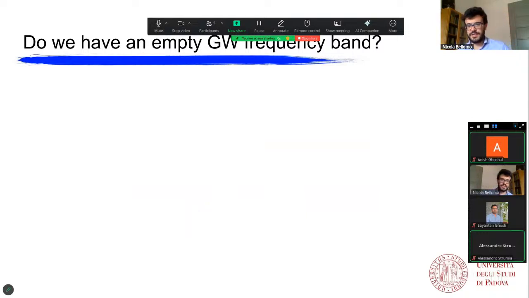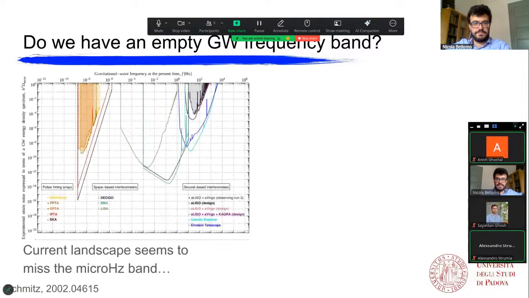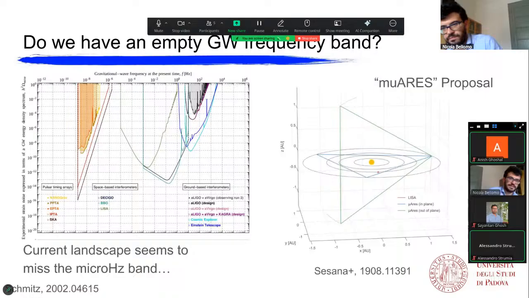Let's now switch gears to something totally unexpected, in the sense that we have observed gravitational waves in the Earth's kilohertz band. We have a planned detector, LISA, that is going to cover the millihertz band, and we observe gravitational waves in the nanohertz band. So it seems that we are totally insensitive to the microhertz band. In fact, this band is currently not covered by any experiment, not even a tentative one, and this mu-ARES proposal